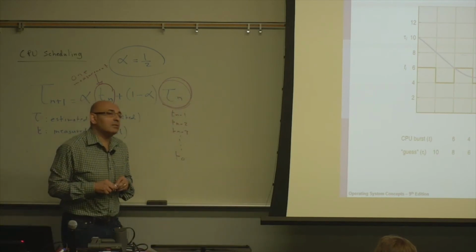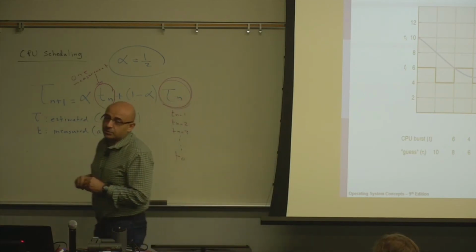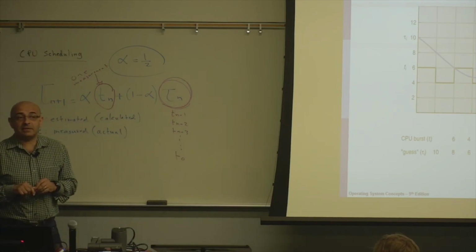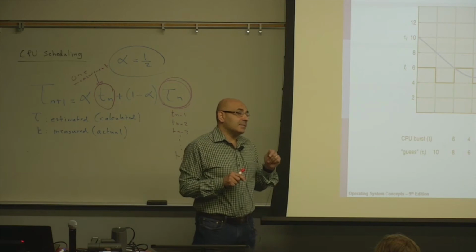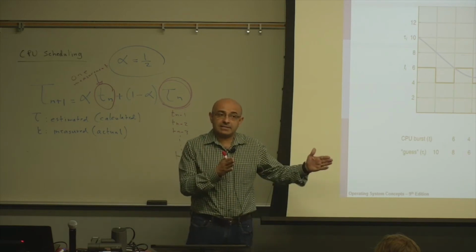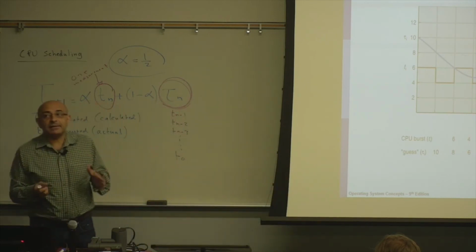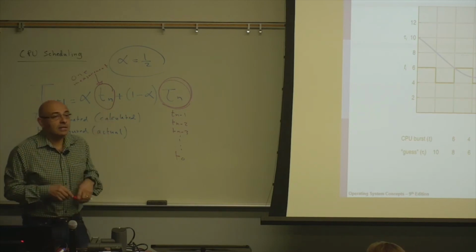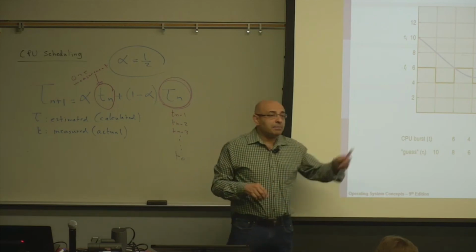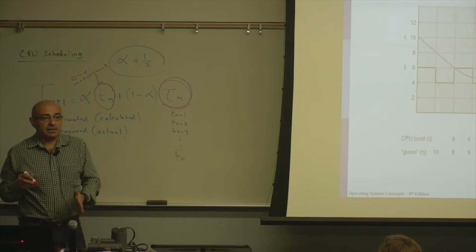So it's just like trying to predict the performance of a student. Does it make sense to predict the performance of the student on their score in the last test that they have taken? Or it will be a better prediction to take into account some history, the last 10 tests. If my prediction is based on the last 10 tests that the student has taken, this is more likely to be accurate than a prediction based on the latest score that the student got. Maybe the latest score, the student was having some health problems or whatever, and they didn't do well. And I can't predict their behavior based on their latest score.